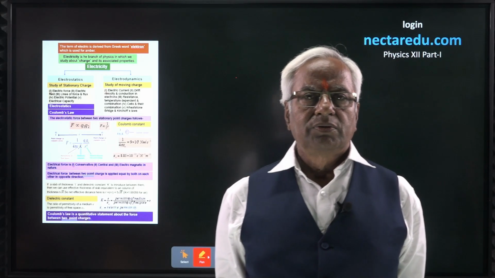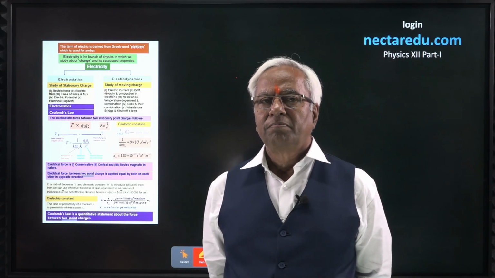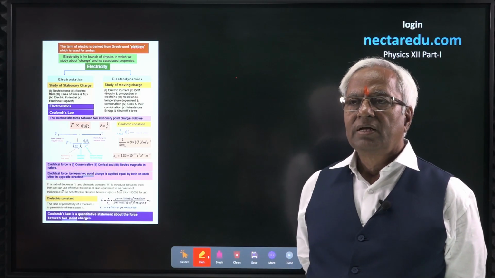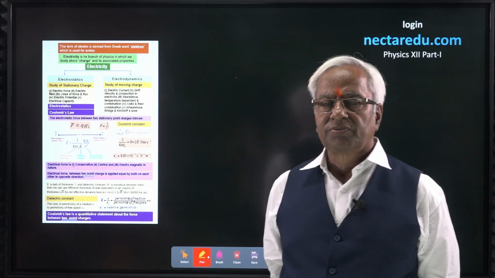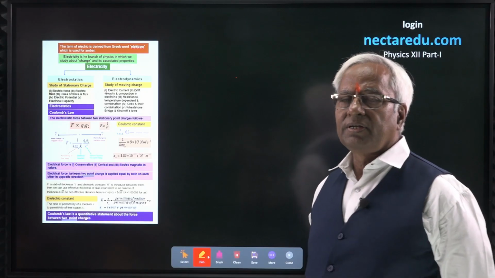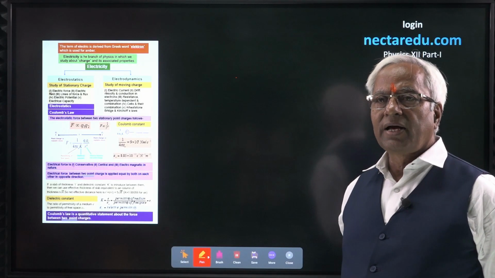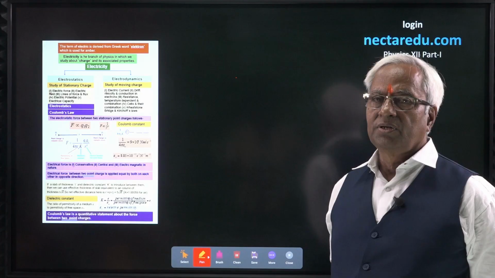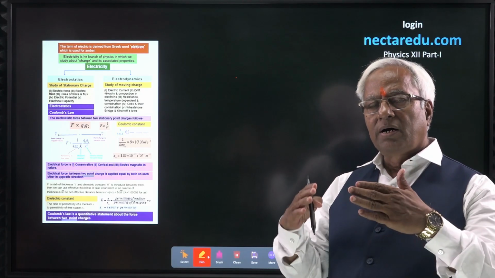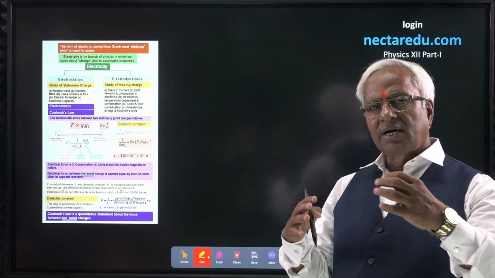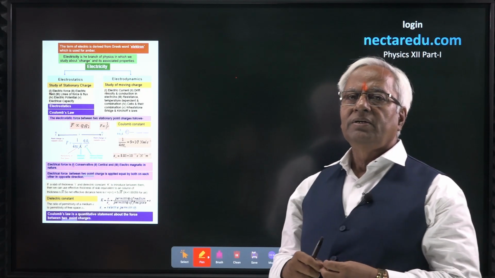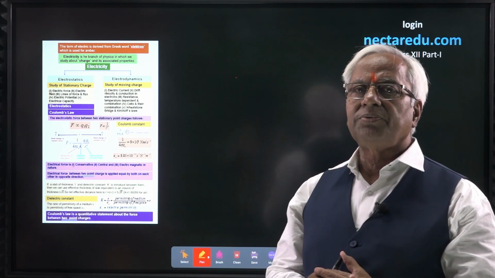Electricity. The term electric originated from the Greek word electron. Electron in Greek stands for amber. You see, in electricity, we study the properties associated with charges. Again, we classify the whole thing into two parts: one, while the charge is stationary, and the other, while the charge is moving. A stationary charge we take into the branch